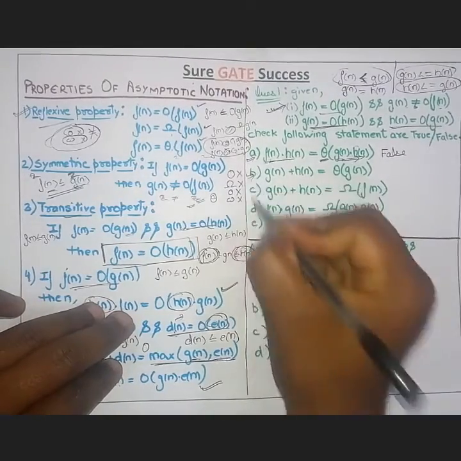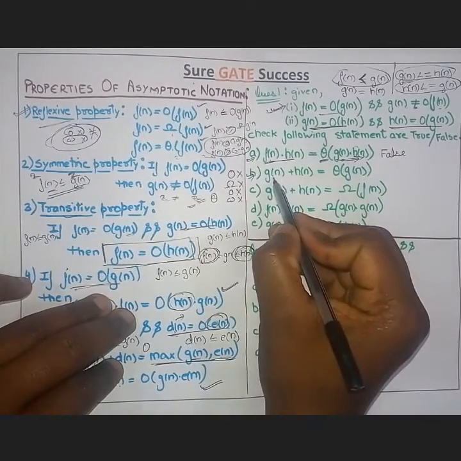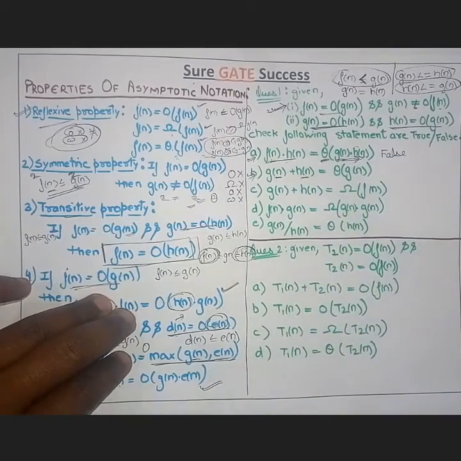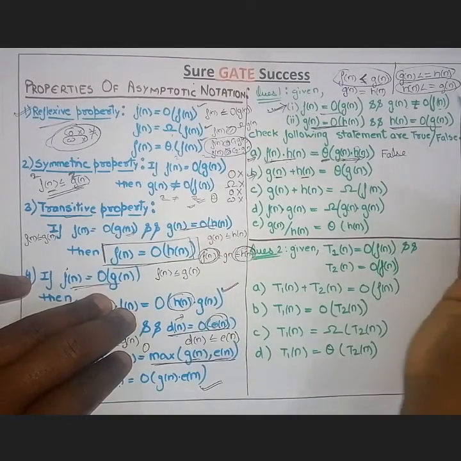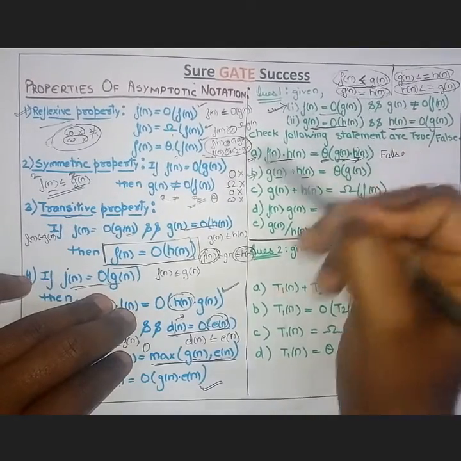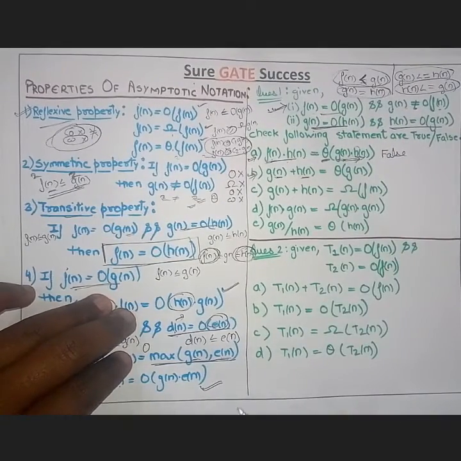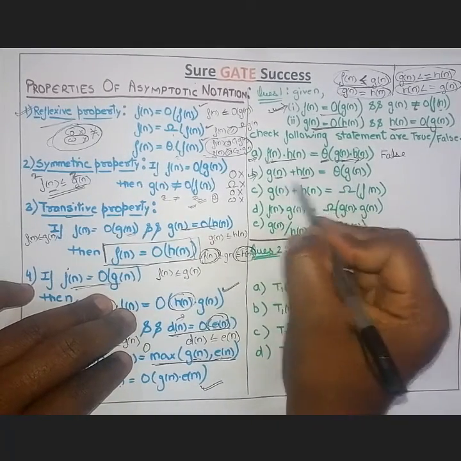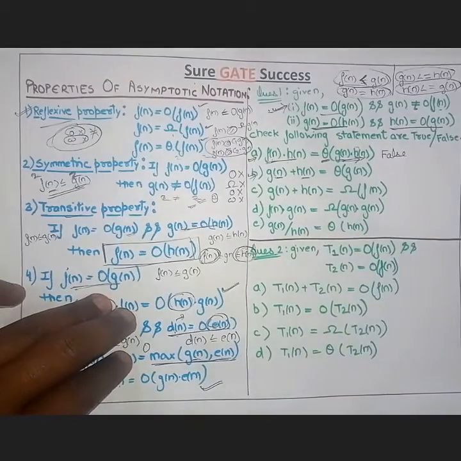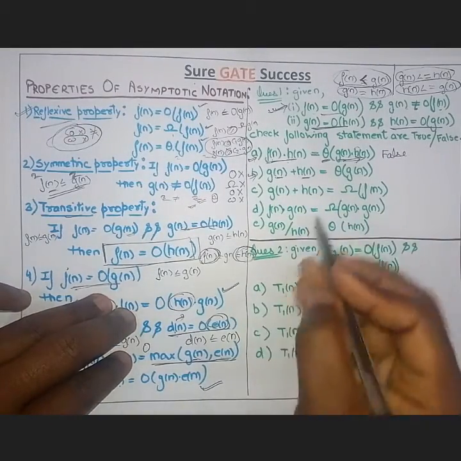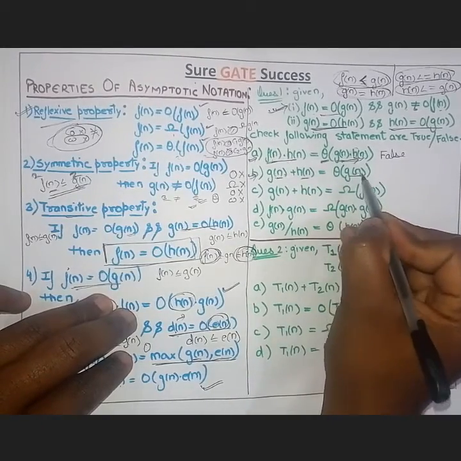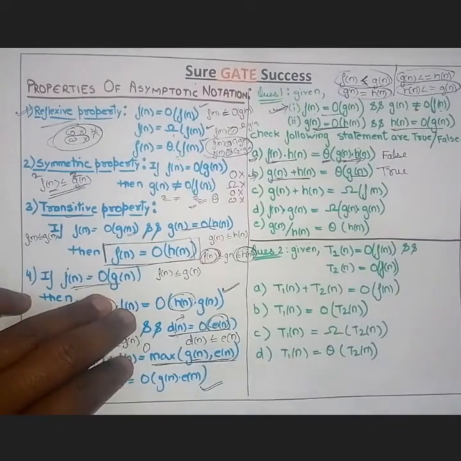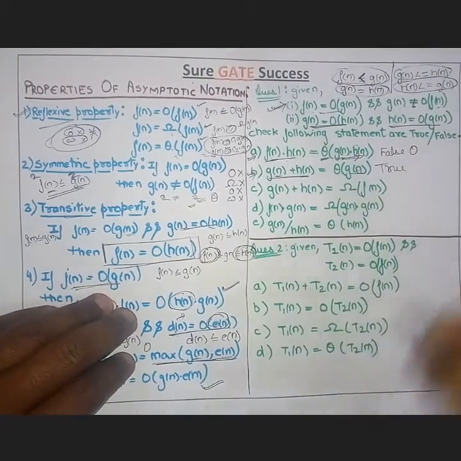So come up to the second option, g(n) plus h(n). What we have is two functions, g(n) and h(n). So here we have that g(n) is equal to h(n). If g(n) is equal to h(n), then this will be equal to this and this one will be equal to this, because among these two, whichever is higher we will take. So according to that condition, this will be equal to this and this will be equal to this. That means it is true for theta, while the first one is true for big O.